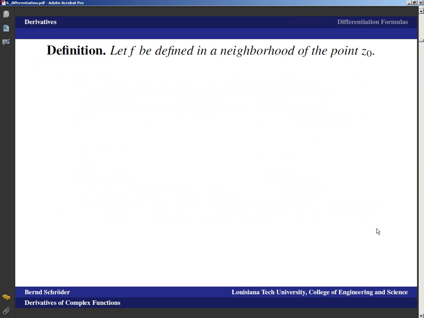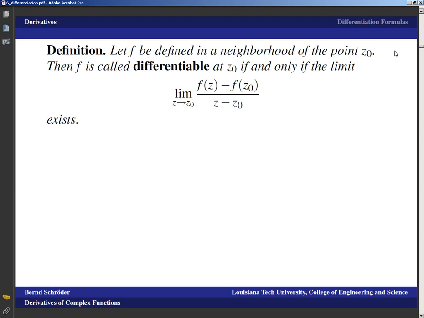Okay, so definition: if we have a function that is defined in a neighborhood of the point z0, then f is called differentiable at z0 if and only if the limit as z approaches z0 of f of z minus f of z0 divided by z minus z0 exists. Again, notice that we didn't mention